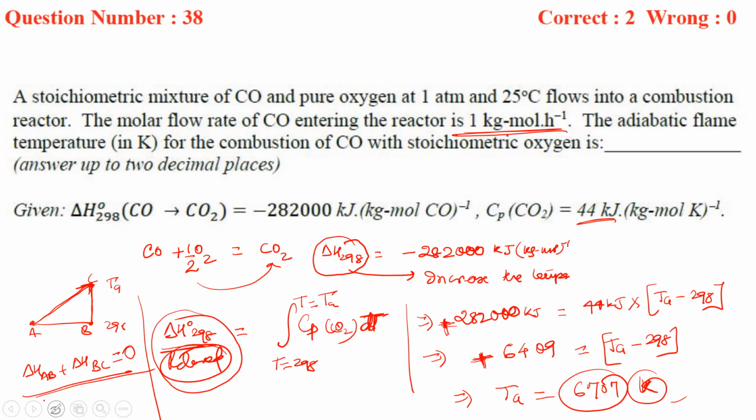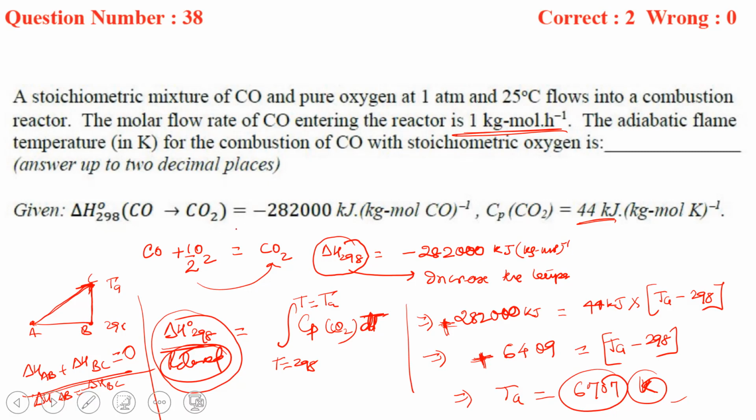So that's why delta H AB is equal to minus delta H BC. So we can put this minus sign over here also, and that's why it will be positive basically. Or we simply understand that whatever amount of energy is released is getting consumed to increase the temperature on the product side. So we are directly trying to compare the energy, so that's why we will take it as positive.